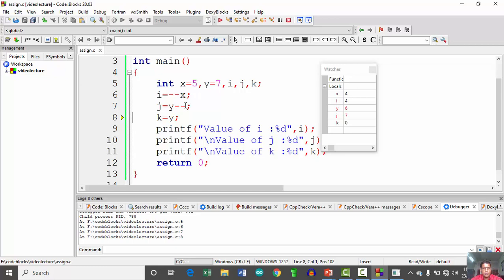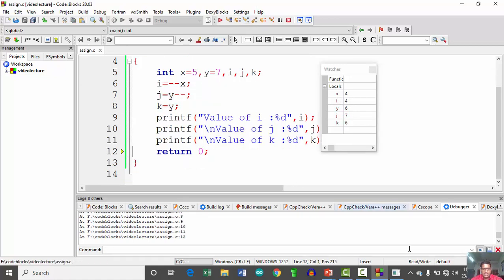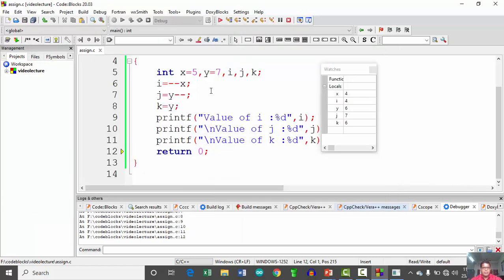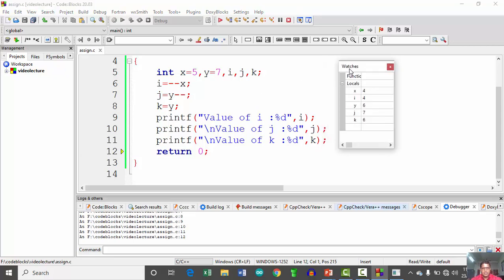First assign the value and then go for the decrement operation. So here the value of y is updated to 6, and now this updated value is assigned to variable k here. So the same we are getting on the output window, that is 4, 7 and 6. So in this way the operators, that is pre-increment, post-increment, pre-decrement and post-decrement, get executed.